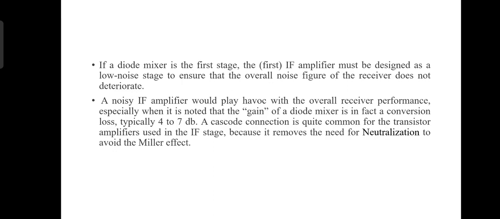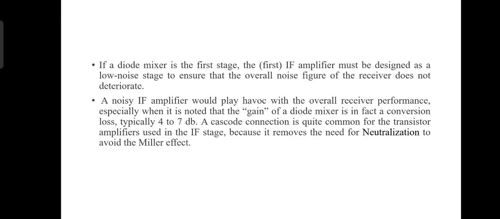If a diode mixer is the first stage, the first IF amplifier must be designed as a low noise stage to ensure that the overall noise figure of the receiver does not deteriorate. A noisy IF amplifier would play havoc with the overall receiver performance, especially when it is noted that the gain of a diode mixer is in fact a conversion loss, typically 4 to 7 dB. A cascode connection is quite common